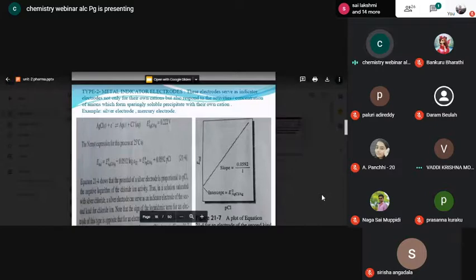1 ml of KCl. Suppose 1 ml of KCl solution contains 10 chloride ions. You think like that. So 10 chloride ions are entering into your AgNO3 solution. Now these 10 chloride ions are going to interact with how many silver ions over there? 10 silver ions. And finally, how many units of silver chloride precipitate will be formed? 10 units of silver chloride precipitate is formed.